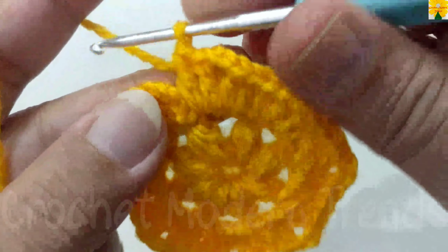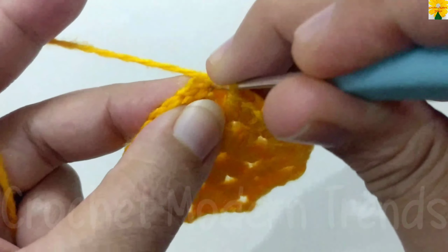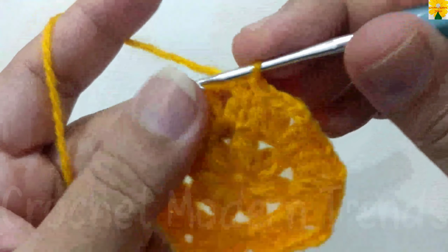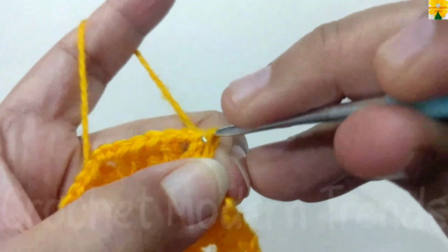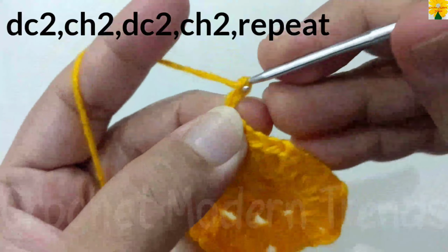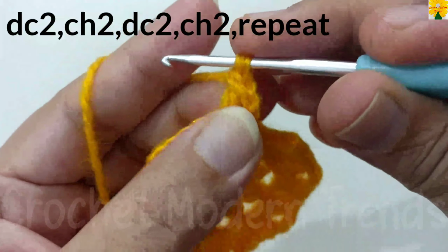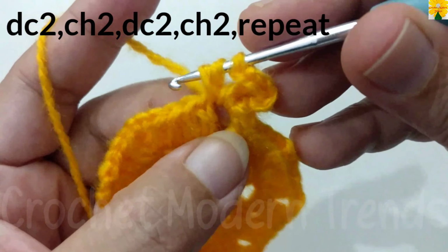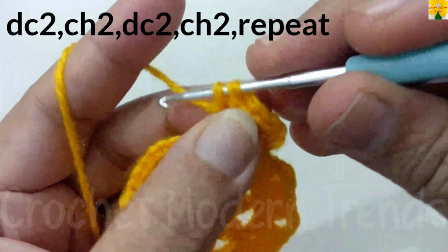When the round is complete, we have to join the stitches into the third chain of the first stitch with slip stitch. On the top of the next stitch, slip stitch 2, into the chain space of 2, slip stitch 3, chain 1, 2, 3, which counts as a double crochet 2, chain 2 for chain space, into the same chain space of 2, double crochet 1, double crochet 2,